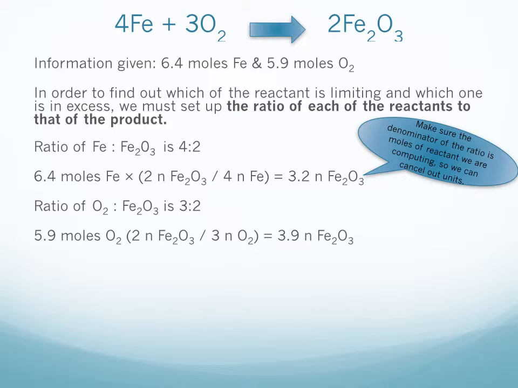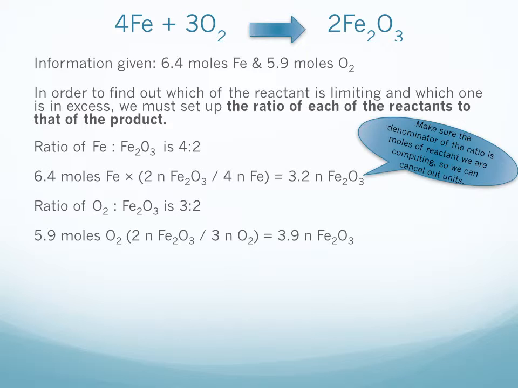6.4 moles of iron multiplied by 2 moles of iron oxide over the 4 moles of iron, and the moles of iron cancel out from the 6.4 and the 4, and we are left with 3.2 moles of iron oxide. In the same manner, we do the calculation for the moles of oxide. We have 5.9 moles of oxide multiplied by the ratio, which is 2 moles of iron oxide over 3 moles of oxide. The moles of oxide cancel out from the 5.9 and the 3, and we are left with 3.9